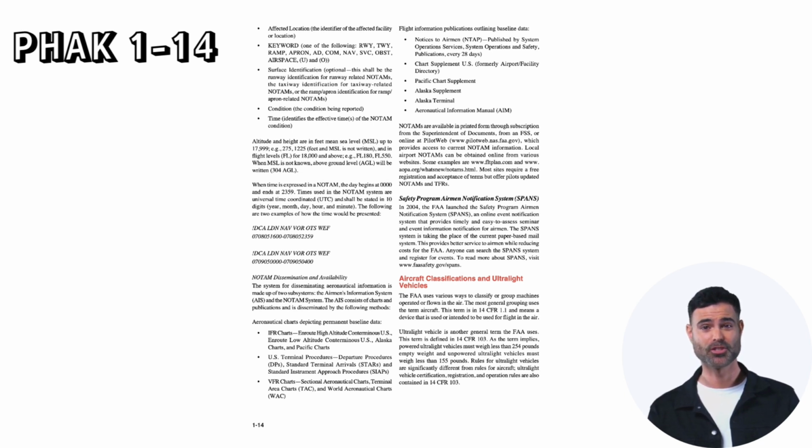U.S. terminal procedures, departure procedures, DPs, standard terminal arrivals, STARs, and standard instrument approach procedures, SIAPs. VFR charts, sectional aeronautical charts, terminal area charts, TAC, and world aeronautical charts, WAC. Flight information publications outlining baseline data, notices to airmen, NTAP,